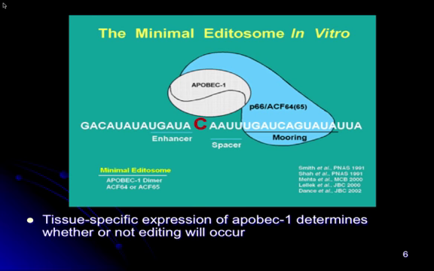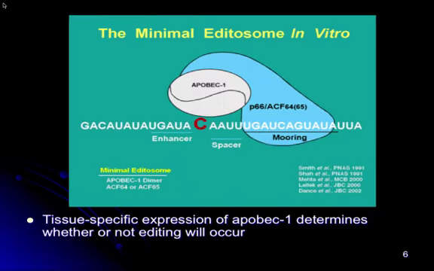So that's kind of what happens in people, is because we don't express ApoB1 in the liver, we make VLDL with ApoB 100, and that sets us up for cardiovascular disease, because our LDLs stay in the blood for longer periods of time and they can be modified. And because of that, that increases the likelihood that macrophages are going to target them and use them, and basically causes lipid accumulation, sometimes in the tissues, in the arterial intima.